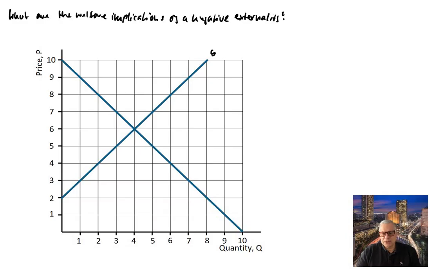So the standard example of a negative externality is pollution. So assume there is an industry that is located near, let's say, a river, and the industry emits pollutants into the river, but it doesn't have to